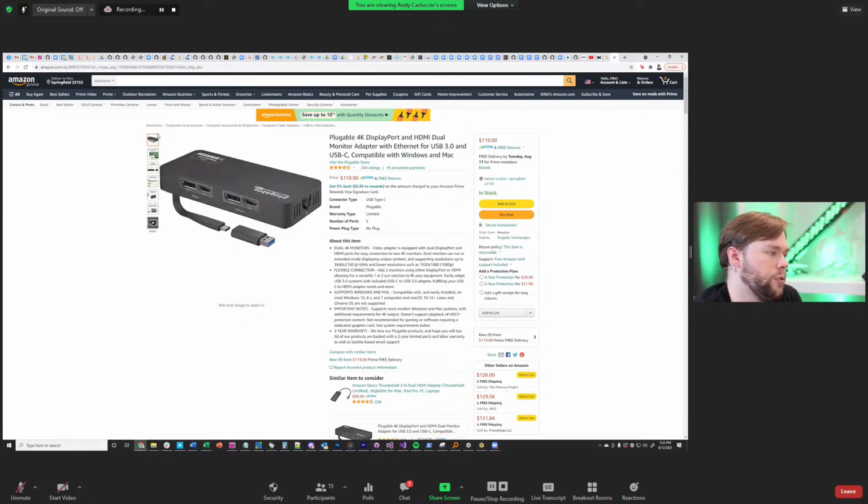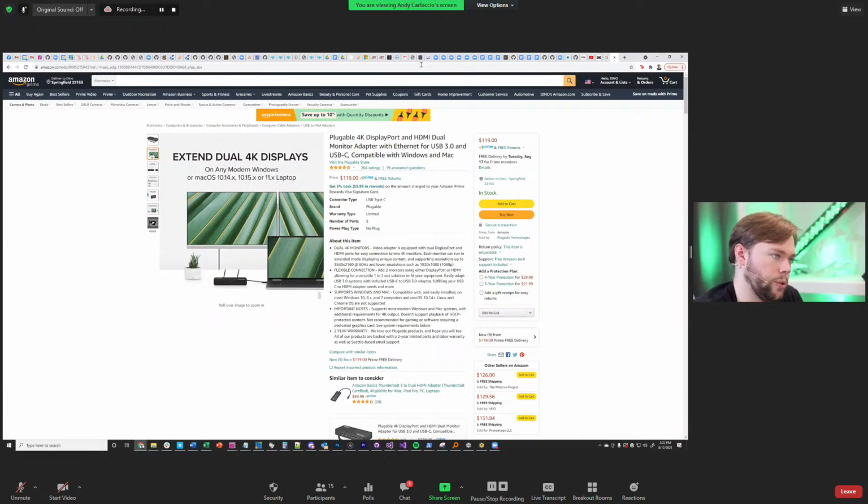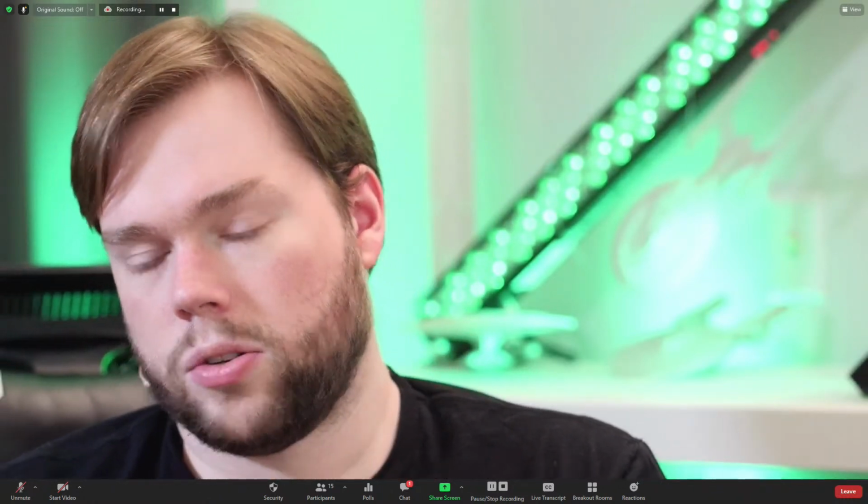If you Google USB-C to dual HDMI, you can find things that look like this for $30, but they're not using the DisplayLink driver. They're using DisplayPort along the Thunderbolt line to do it, and then they're just terminating it in the HDMI connection. So that's the story on that. I'll have more information about that later today, hopefully, or tomorrow, and I'll let you guys know what I find.